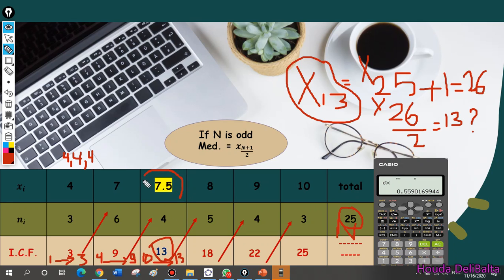That's why I look for the value corresponding to 13, because I need the 13th value. X13 means the 13th value. So the 13th value is 7.5, and thus I say that the median is the value equal to x13 corresponding to this using the ICF table, and thus the median is 7.5. This is how to find the median if we have a table and if the total